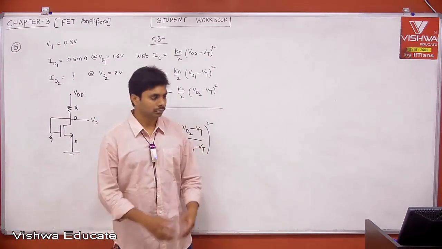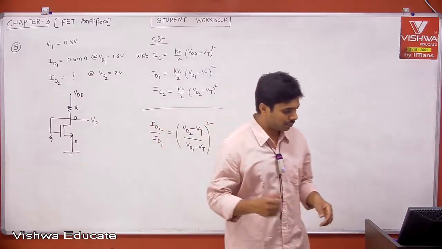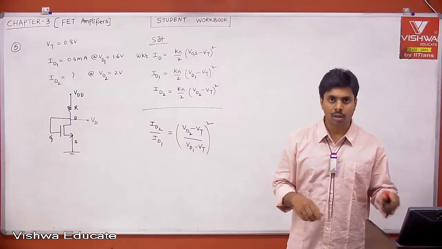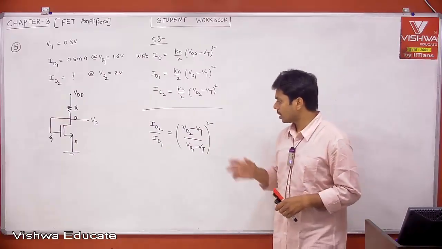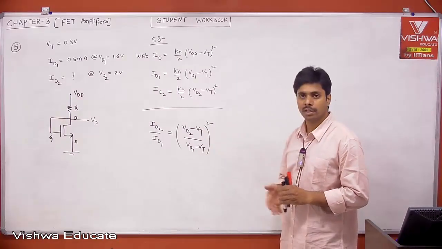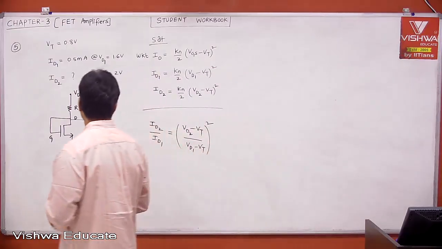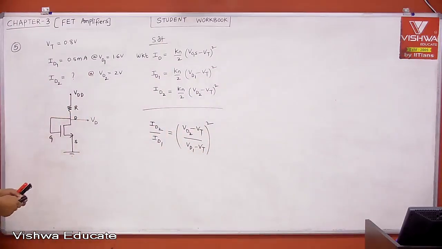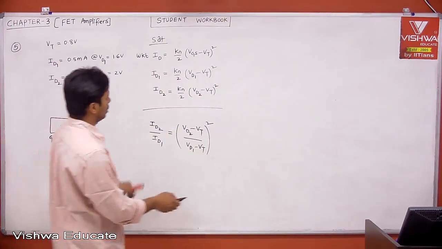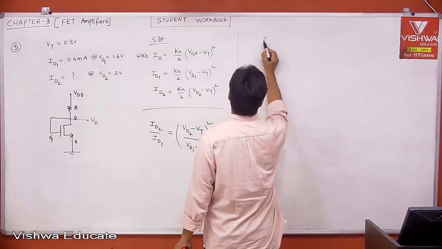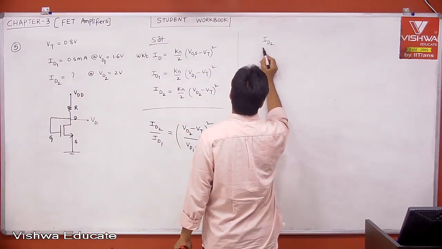Welcome back. In the last session, we had seen problem number 5, and I already gave the procedure and then almost done. You need to substitute and then tell me ID1. After substitution, what did you get? Did you get ID1? Let's substitute. Therefore, ID2 by ID1